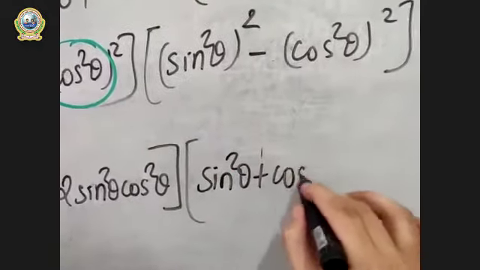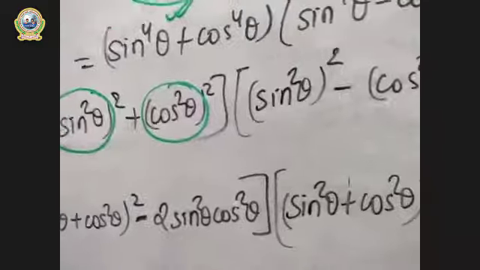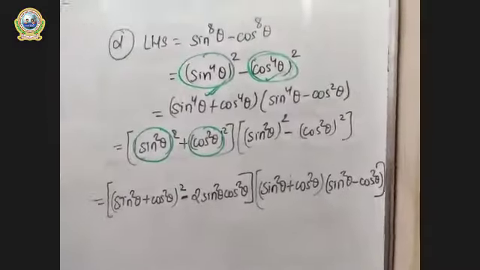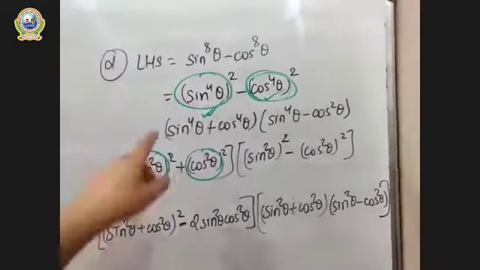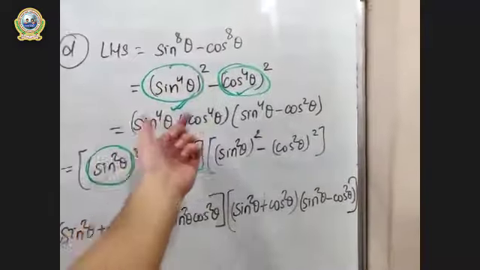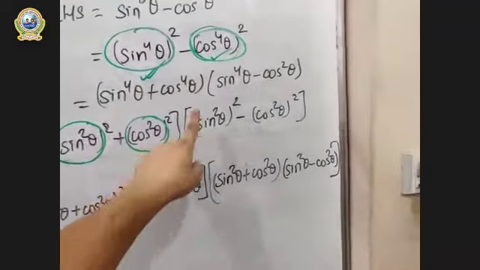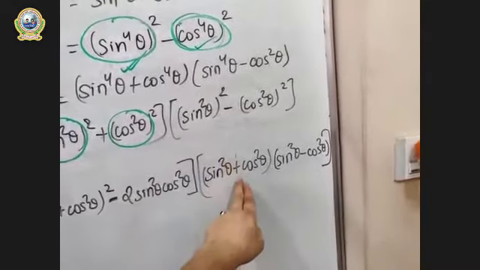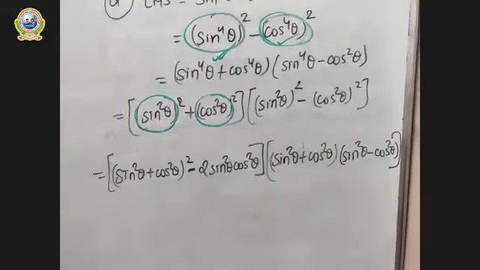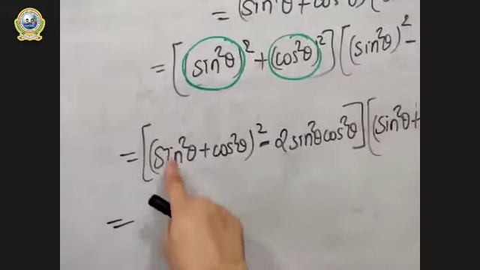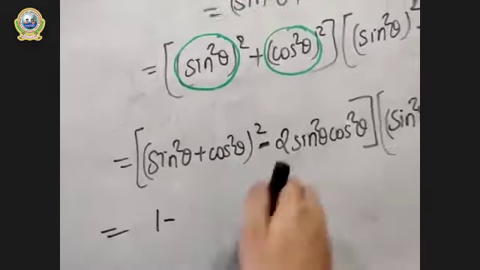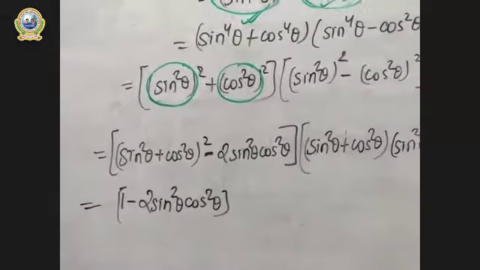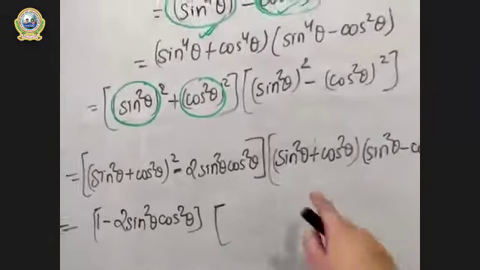So in this part, look at here. You do have a square plus b square. So this is our a, this is our b. So for a square plus b square, we can write it as a plus b whole square minus 2ab, right? So it will be now, look at here, a plus b whole square. For this one, this is a, this is b, a square plus b square. It will be a plus b whole square minus 2ab, right? Is it clear? Let me close this with bracket.